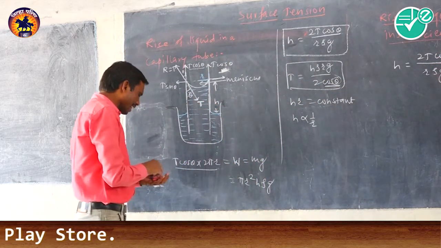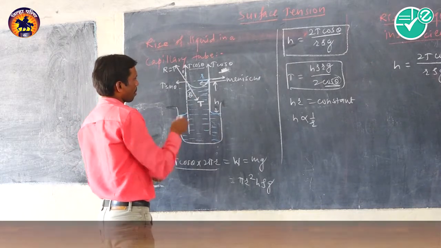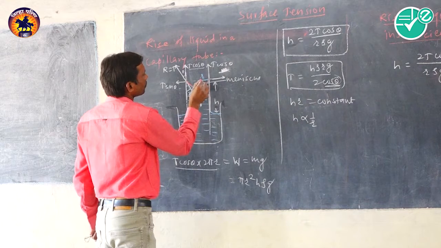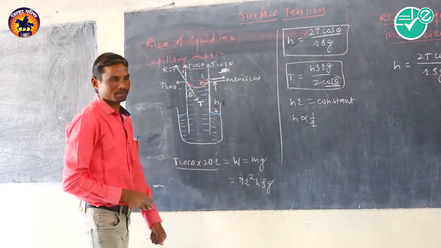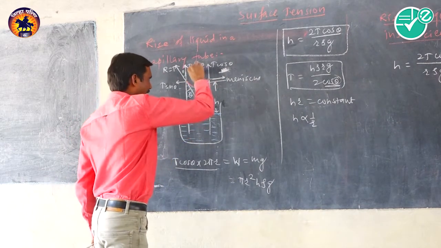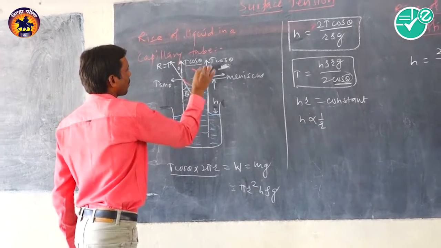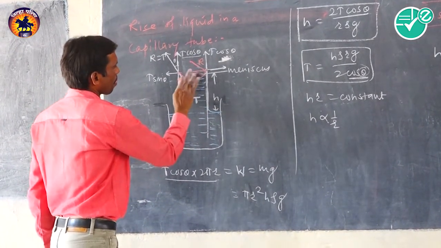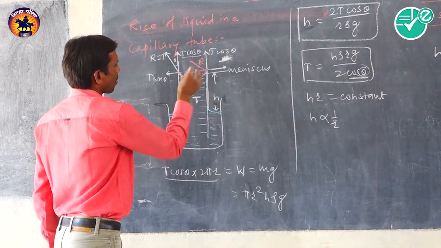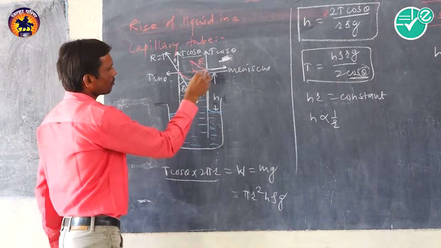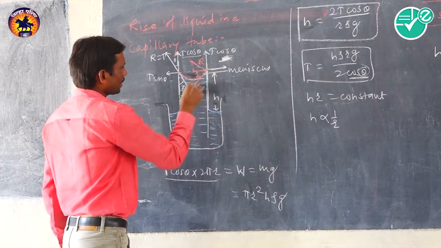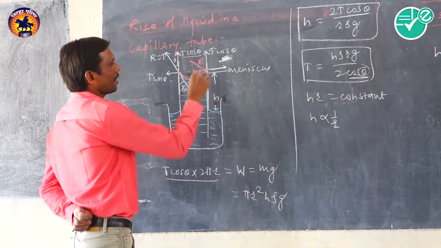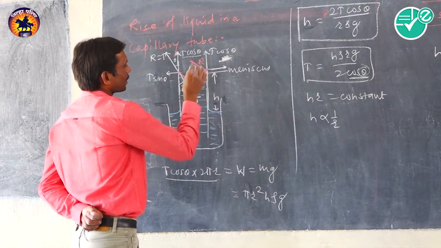But you know here it is the liquid meniscus, whose radius is not the radius of the glass capillary tube. But now consider the radius of the liquid meniscus as capital R, and it is the radius of the glass capillary, small r. And here the angle of contact is θ. So obviously this is 90 minus θ. It is this angle that is θ.